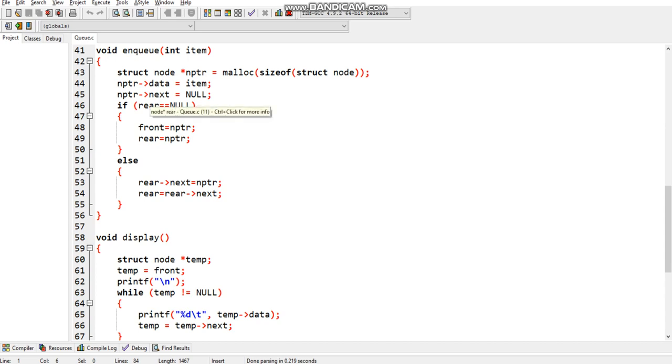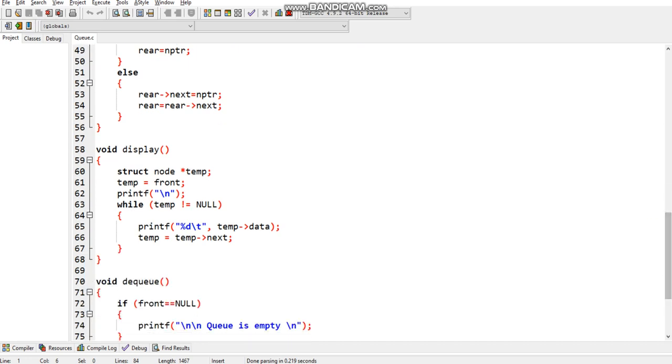If the condition rear equal to null holds, it will insert from the rear element to the front. So front equal to nptr, rear equal to nptr. Or else, rear next equal to nptr, and rear equal to rear next, so it will add the elements one by one.